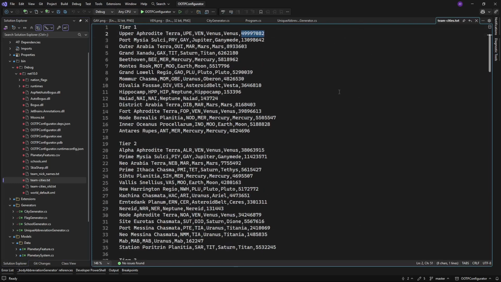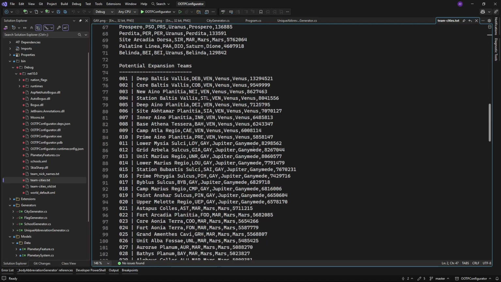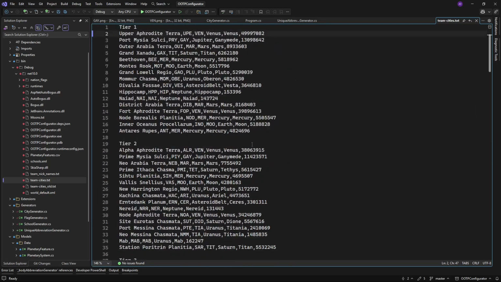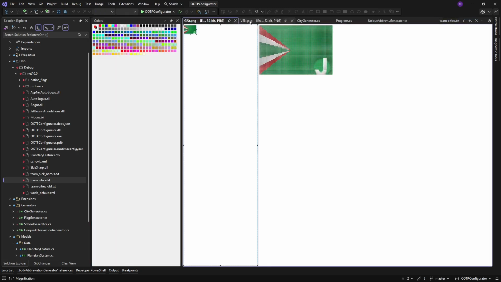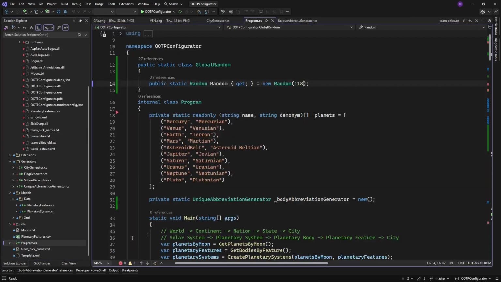So the biggest city on Venus might be different every time we run this. But here's our potential expansion teams. So 118 does produce reasonable results. I like 31 though. I think I'm going to stick with 31.